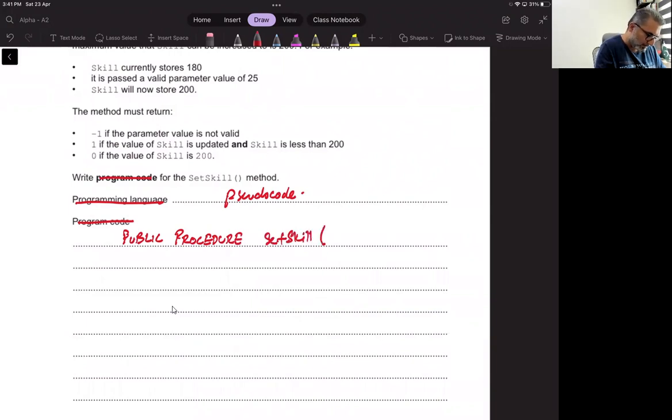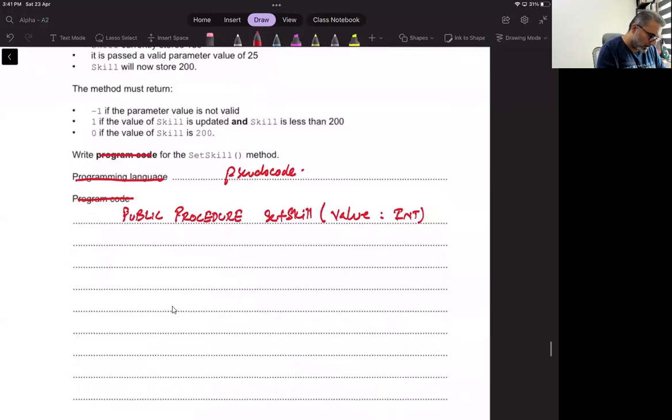It receives value as integer. If value is less than 10 or value is greater than 25, then return, it says -1. Else,